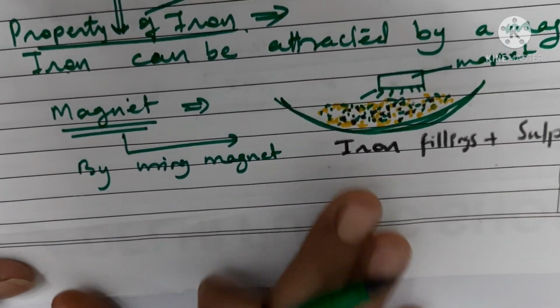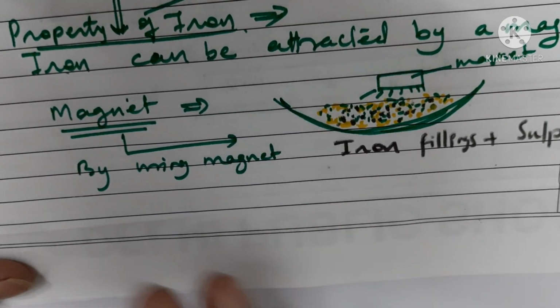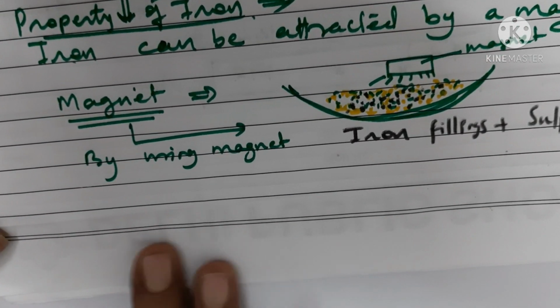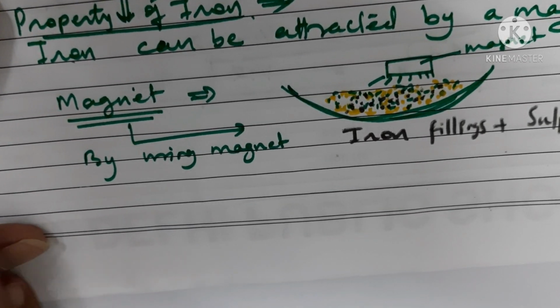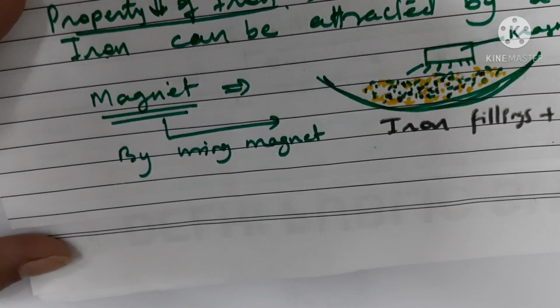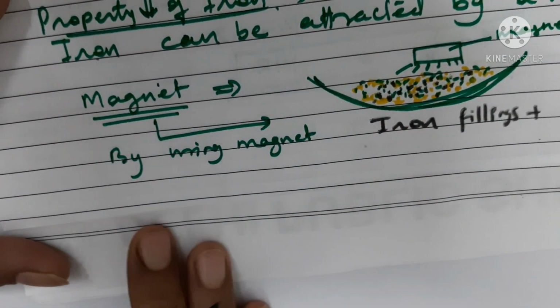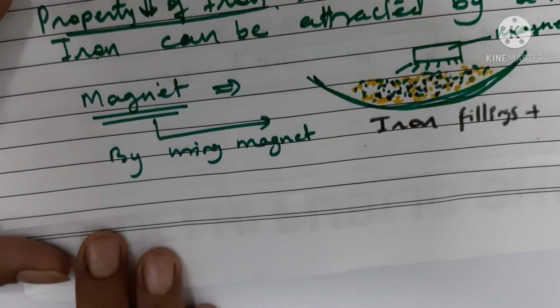Okay, and this method is used in cases where you want to separate iron from steel articles, from waste materials. A lot of waste materials are mixed up with iron filings, or iron particles are mixed up with steel. So in that case, you can use electromagnets. Big electromagnets are used to separate those iron or steel articles from waste materials. Okay, and how are electromagnets formed? Electromagnets work on the basis of an electric current.